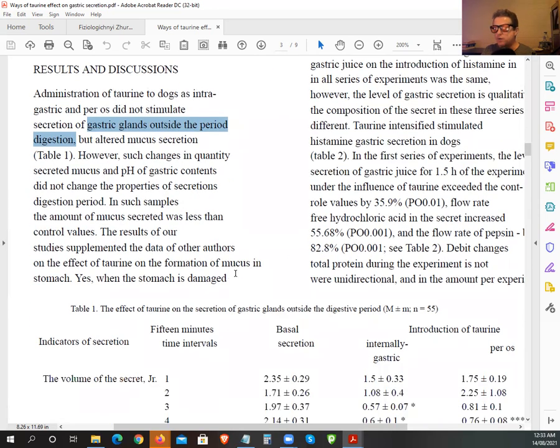So only when the stomach is damaged. It actually creates a protective layer as well. So people who may have ulcerations because of pathogens like H. pylori that tend to burrow and create these ulcerations, well, here you've basically got this mucosal protective layer that's actually being generated when the stomach is damaged.